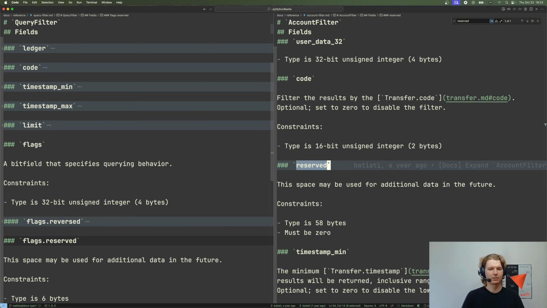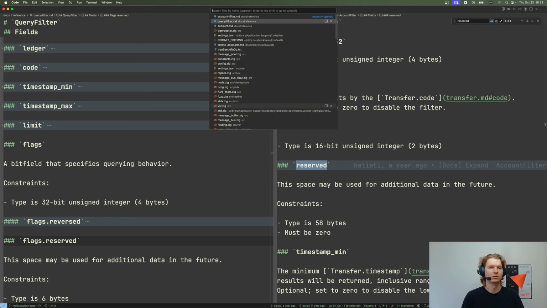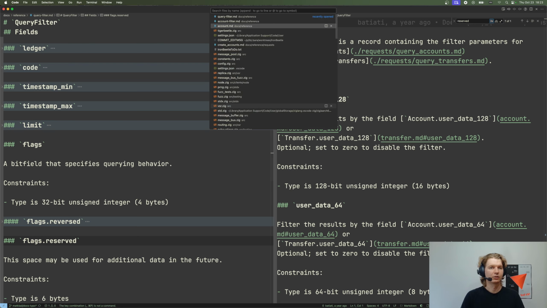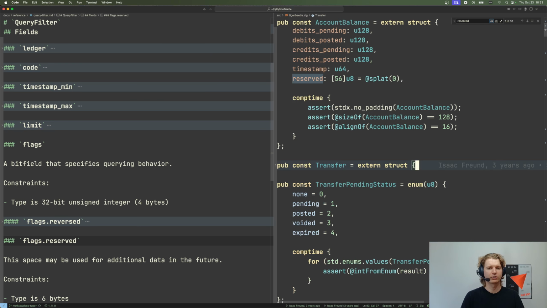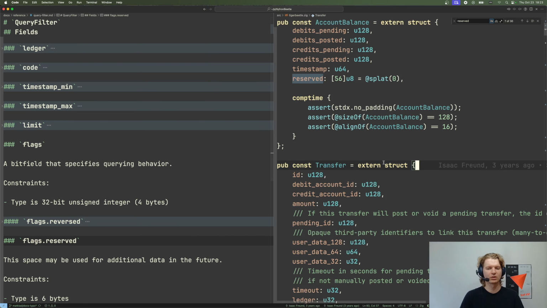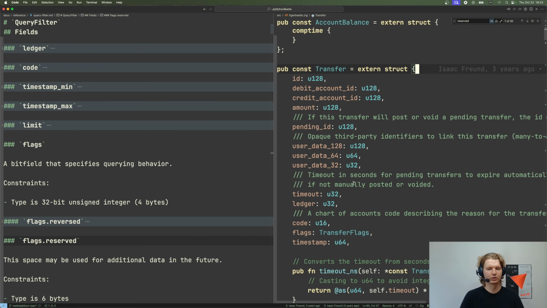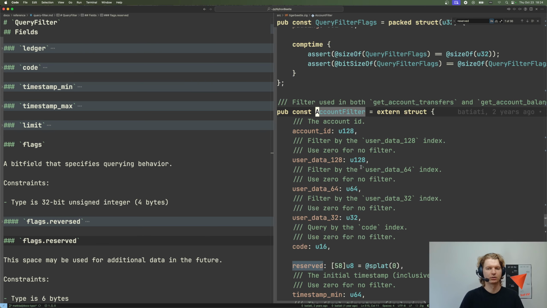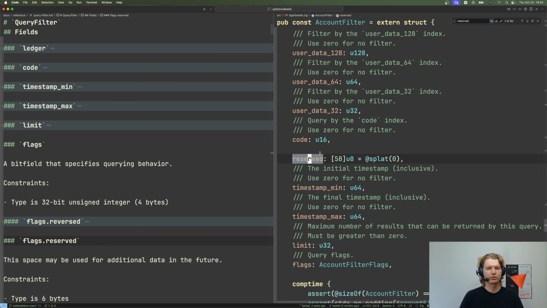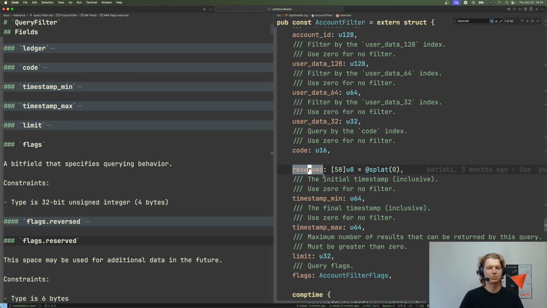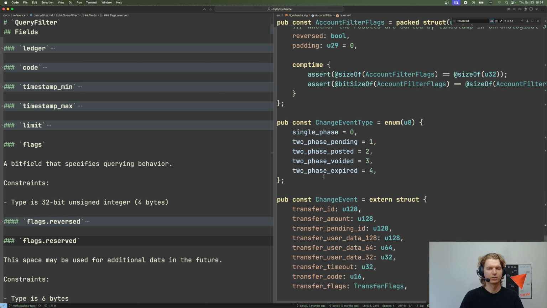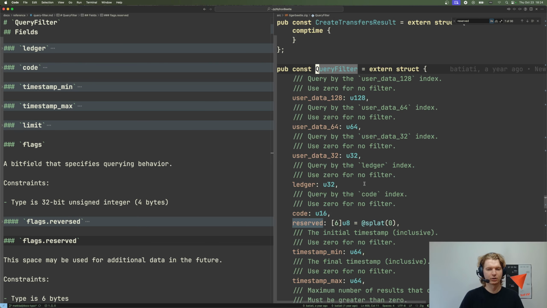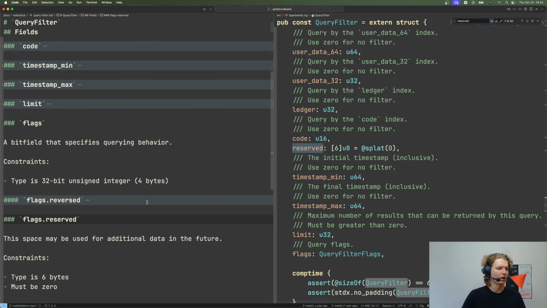Timestamp min, timestamp max. Query filter. So I think the docs were actually correct, but what confused me is the order. So reserved here, filter. Reserved is before timestamp in account filter, and in query filter, reserved is also there. Okay, so